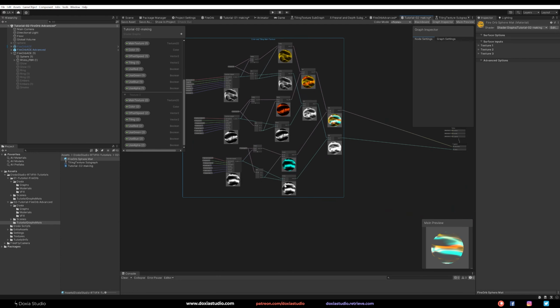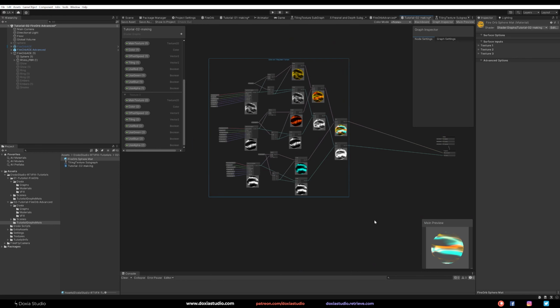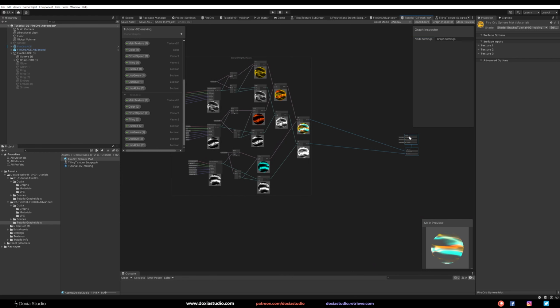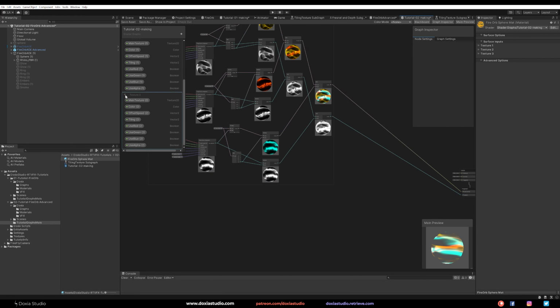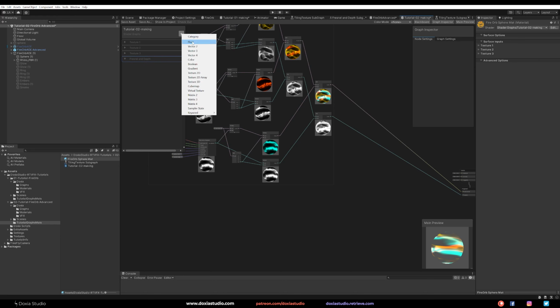It would be cool to collapse this, but it's not possible. For the Fresnel, let's go, and the Fresnel is super easy. So let's go out this and create a category and call it Fresnel and depth because it will be on the same one. And let's go with the float and let's call it Fresnel power.